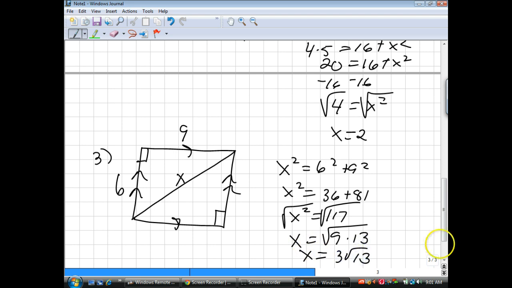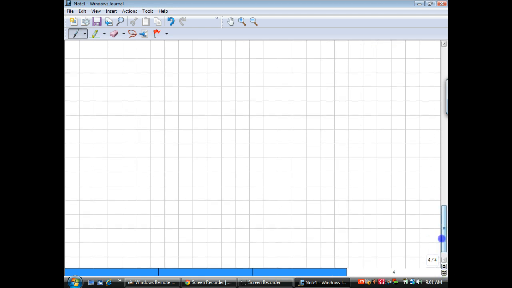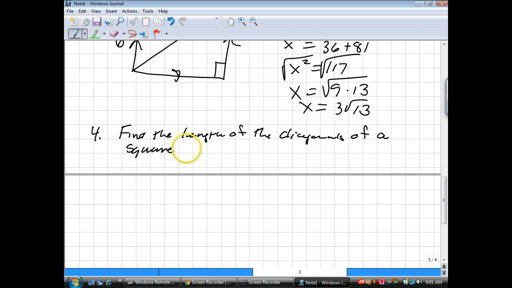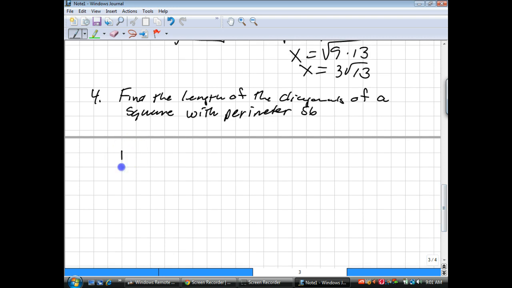Okay, example 4. Find the length of the diagonals of a square with perimeter of 56. All right, so we have a square,